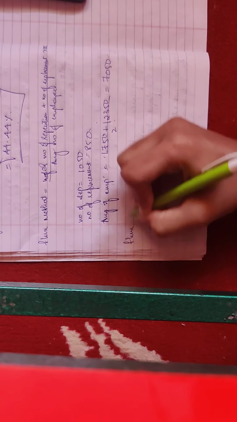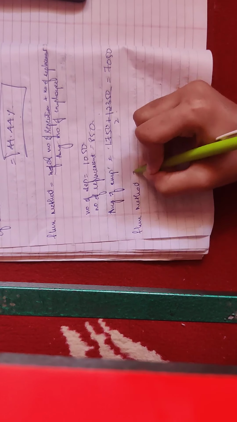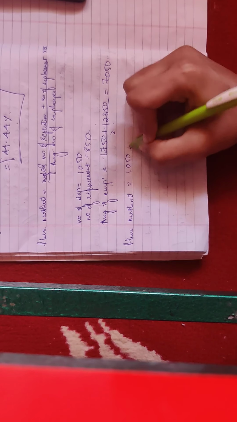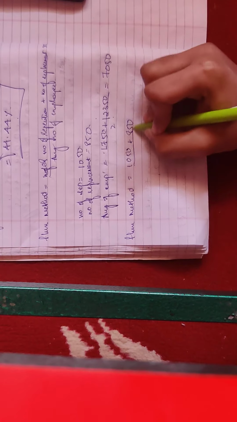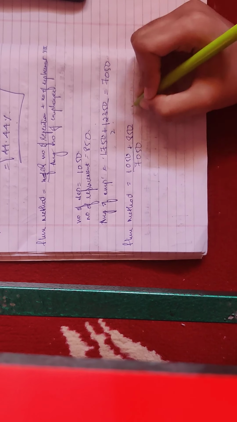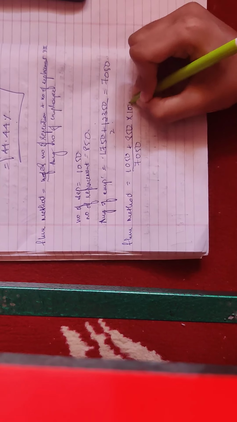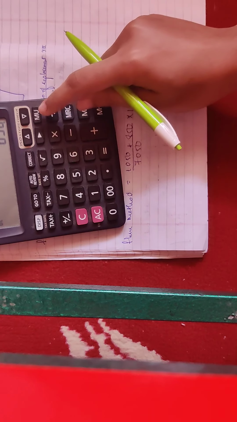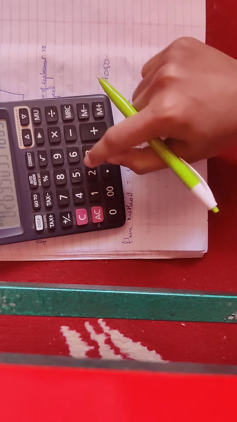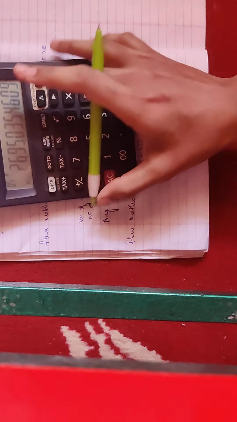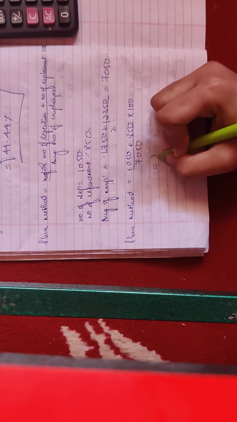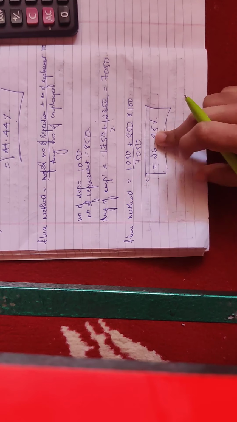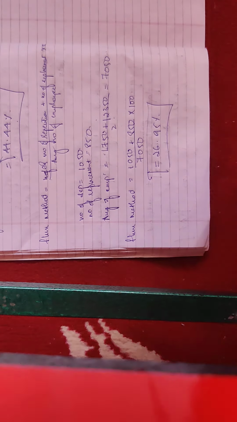So the flux method is equal to the number of separations, 1,050, plus the number of replacements, 850, divided by the average number of employees, 7,050, into 100. 1,050 plus 850 divided by 7,050 into 100 will give you 26.95%. So the total labor turnover is 26.95%. With this we end the three methods, up to the flux method.